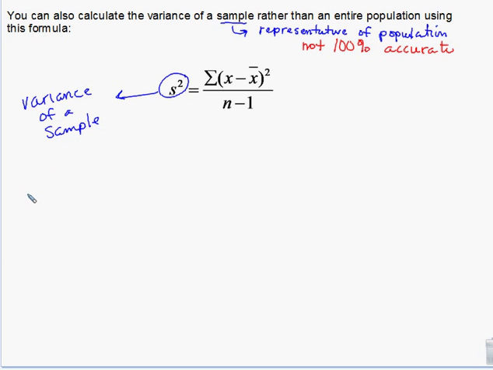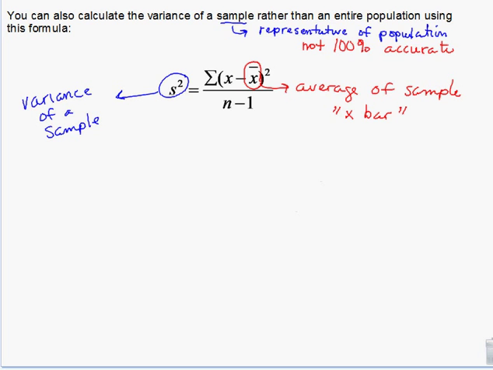Okay, so sigma squared is the variance of a population, and S squared is the variance of a sample. Then the difference here is that you have X bar. This is still the average, and it's calculated the same as when you use mu, but we use X bar when it's a sample, just to indicate that this was a sample average and not a population average. That is the only difference, so that if somebody's looking at your work and you used X bar, they'll know it was a sample. It's called X bar because it has a bar over top of it.